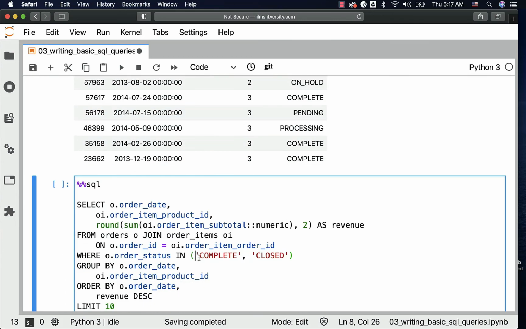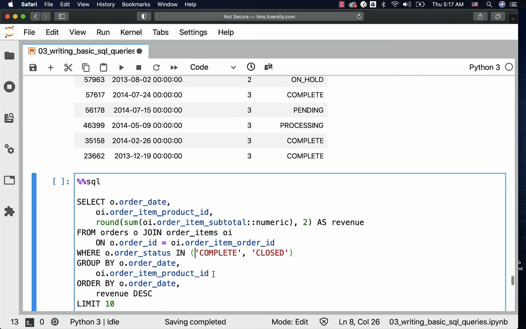Now our original statement is getting daily product revenue. We have seen the original problem statement at the beginning. As part of the daily product revenue, we need to get the date, product ID, and the revenue after grouping by the date and product ID. This is the query which we have written earlier.